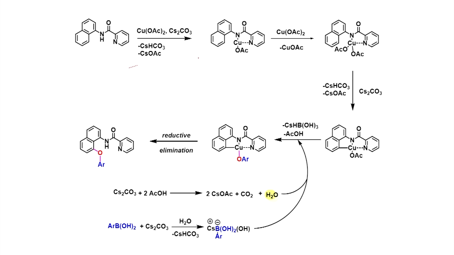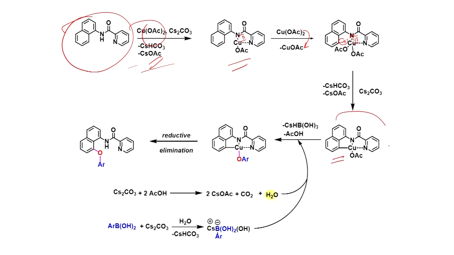The mechanism of this transformation is shown here, and if you see the paper, you can find this reaction is also quite gentle. A variety of substrates can be reacted with the boronic acid to make the corresponding ethers. As we have just seen, in the presence of base and copper acetate, it can react with your substrate. You will be able to form this copper 2 intermediate. Once you form this one, it can be oxidized to copper 3 by copper acetate, which will be converted into copper 1. When you have the copper 3, now it can activate this C-H bond.